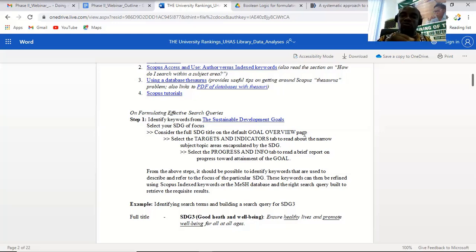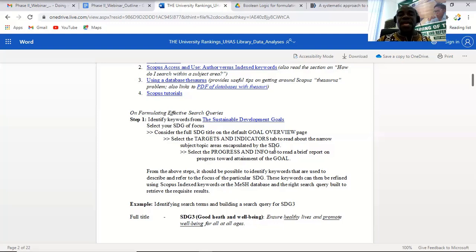So what is the full title for that SDG 3? I have asked that the team look first at that, because that will help us to identify more terminologies. Then 2, select the targets and indicators tab to read about the narrow subject topic areas encapsulated by the SDG. You see? So after looking at the full name or title for that particular global goal, SDG 3 in this